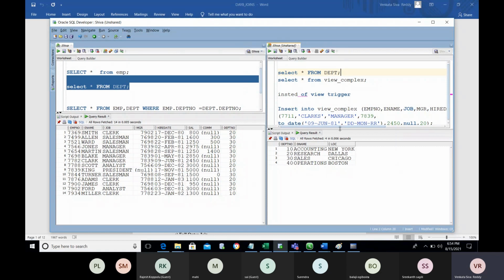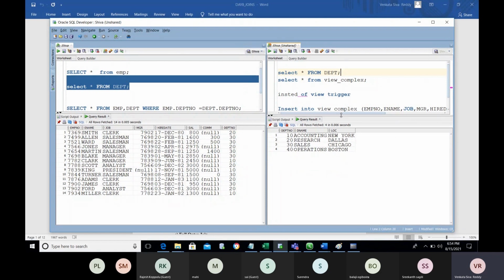Treat them as 2 sets. While you are searching for information from the 2 tables, you need to maintain some join condition. You are maintaining the join condition with the DEPT number column, and trying to match it with the DEPT number in this table.